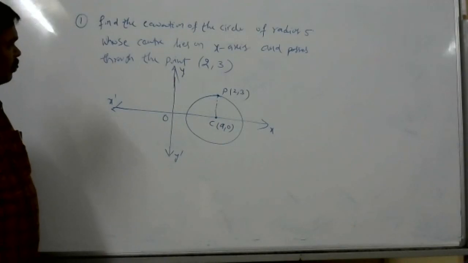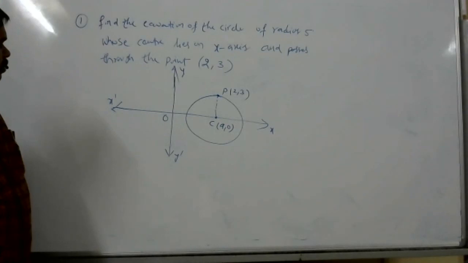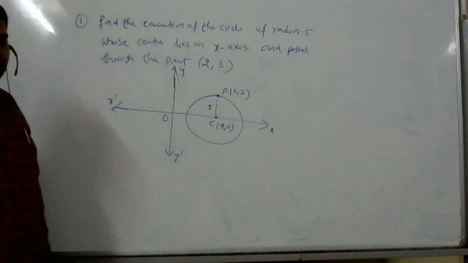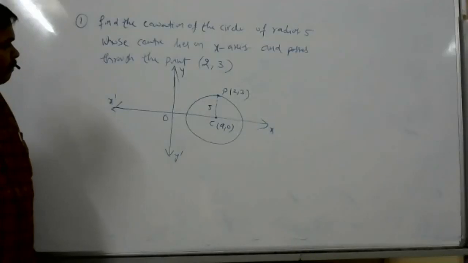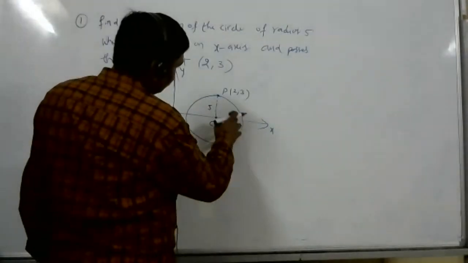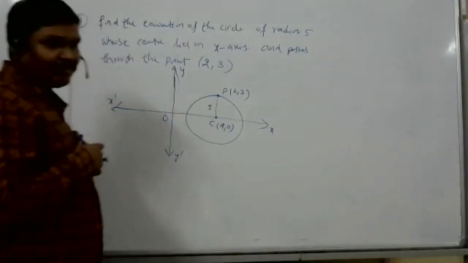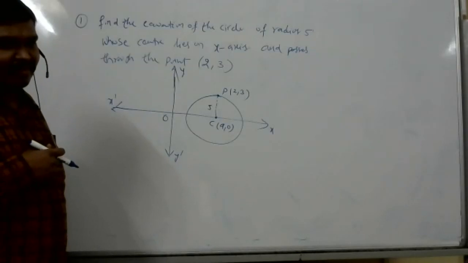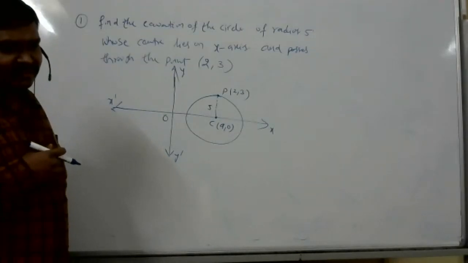Sir, both circles may intersect. Sir, consider point P to be a little shifted downwards. Let it be with an unknown acute angle. That time there will be two circles, no, sir.